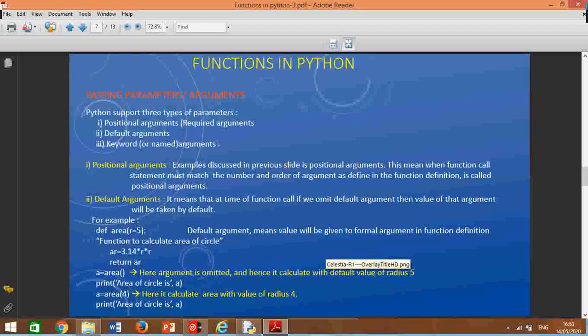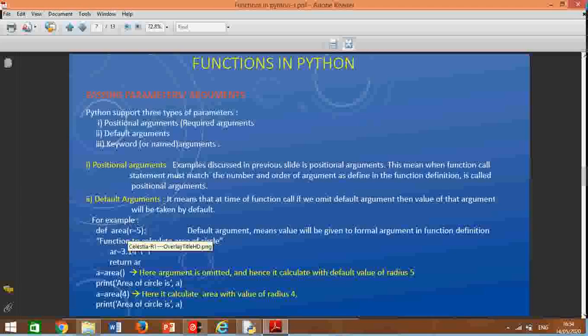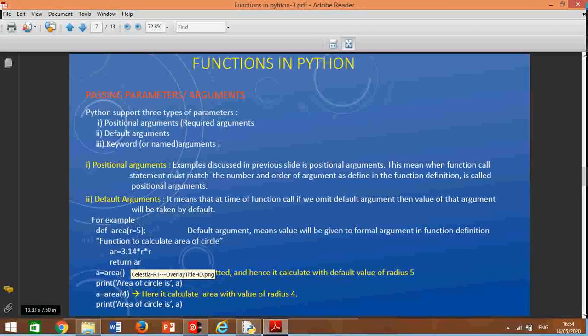Next concept is default argument. Default argument means at the time of function definition, when we write the function header, the arguments are given a value at that time. For example, here def area(r=5). This r equal to 5 is a default argument. This function is calculating the area of the circle.